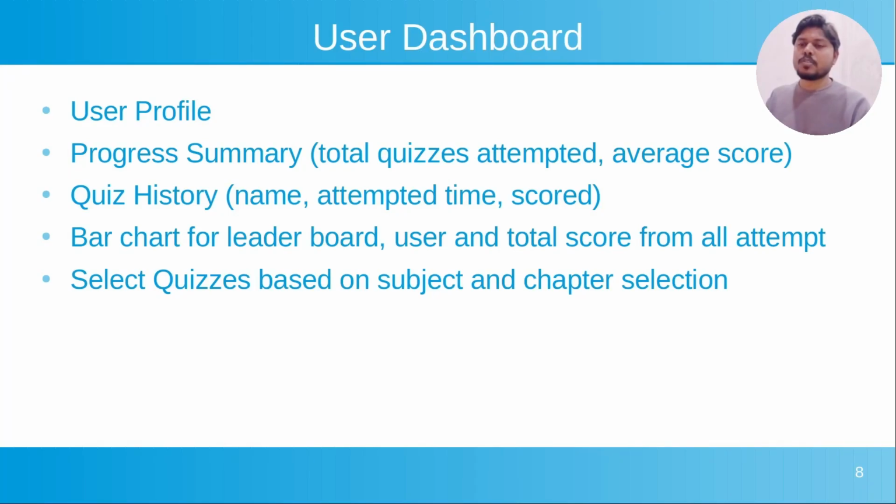Next, we are going to build the leaderboard for the user dashboard, where users can see the ranking of the other users. We will show the total score for other users based on the total attempted quizzes, so a user can see other users' rankings and their own ranking also. And at the last, we will have the bar chart where we will show the ranking,